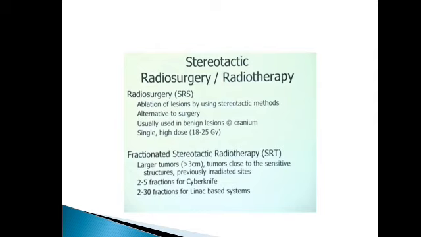Stereotactic radiosurgery or stereotactic radiotherapy: ablation of lesions by using stereotactic methods, an alternative to surgery, usually used in benign lesions, single high dose, for example 18 to 25 grays, and fractionated stereotactic radiotherapy, or SRT, can be used in large